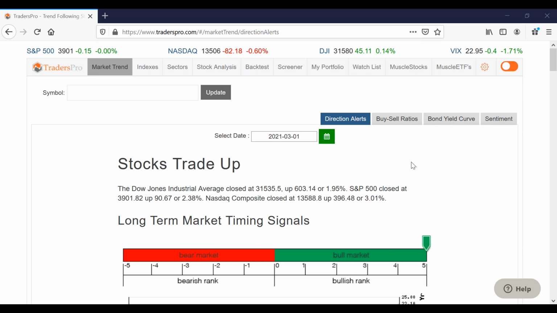But I do know that there's a lot of people that are getting interested in options, especially in this market environment, and so I'm going to go through it step by step over the next couple weeks or so, and we're going to learn how to take advantage of it. Actually, it might be more than a couple weeks, because we're going to learn how to be option buyers at first, and then we'll talk about how we can be option sellers and what the advantages of being an option seller are. We'll get into that later, which is a little bit more complex. All right, let's get started with the market update, though.